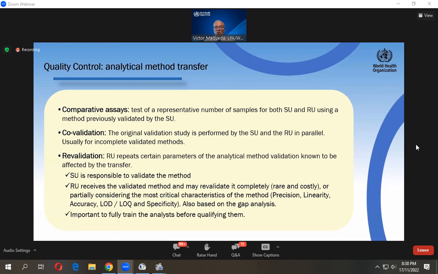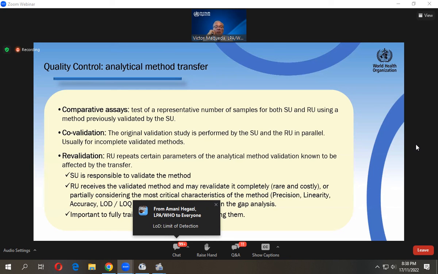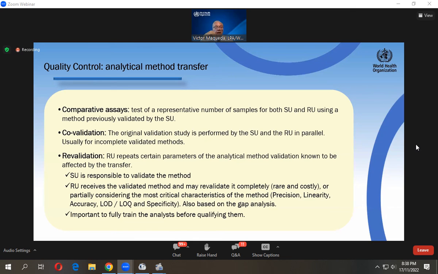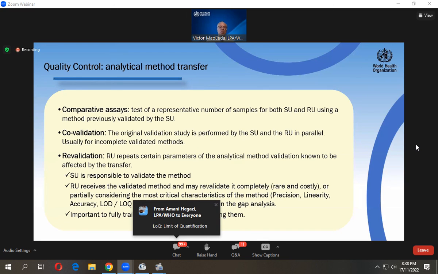Of course, the sending unit again is responsible to validate the method. The receiving unit receives the validated method and may revalidate it completely, which is rare and costly, or partially, considering the most critical characteristics of the method. For example, precision, linearity, accuracy, limit of detection, limit of quantification, and specificity. Also, this is based on the gap analysis that also needs to be performed. Again, the second bullet highlights to identify the most critical characteristics of the method. This is also telling you that